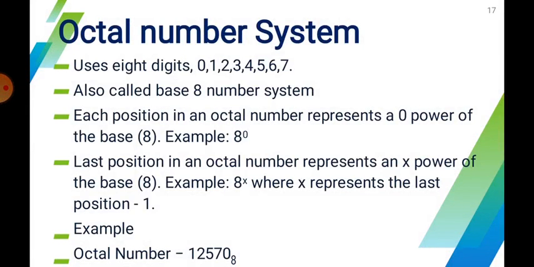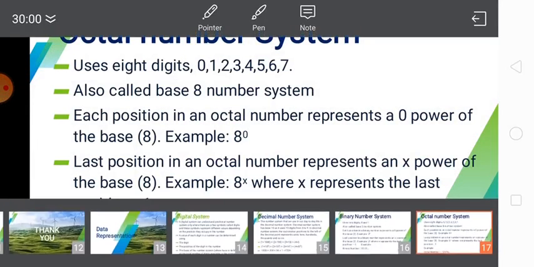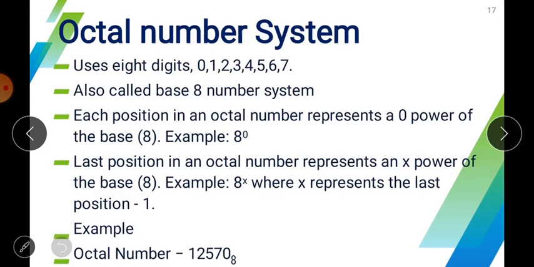So in the octal number system there are 8 digits we are using here, that is 0, 1, 2, 3, 4, 5, 6 and 7, total 8 octal digits, and the base of the number system is 8, because here we are using how many digits? Here we are using 8 digits, so the base of the number system is 8, and again the position of the numbers determine the total value of the number.